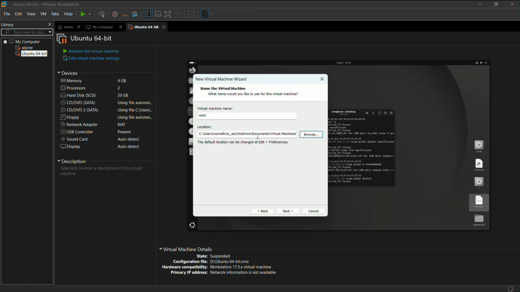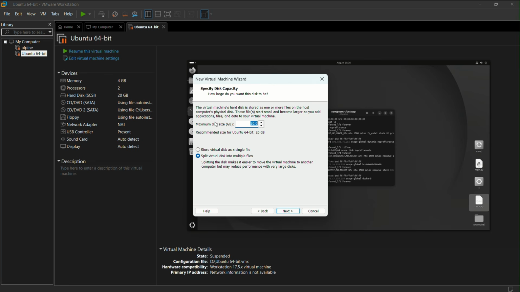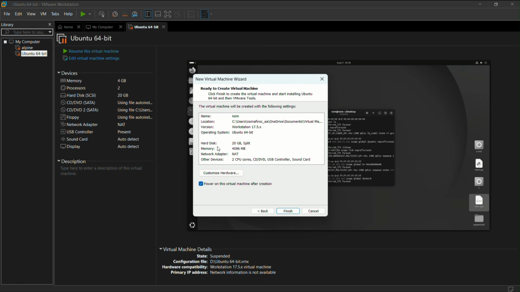I say just go with the default version. So we're going to do next. Virtual machine hard disk, just keep it as it is. 20 GB is more than enough, and the defaults are fine. Alright, so